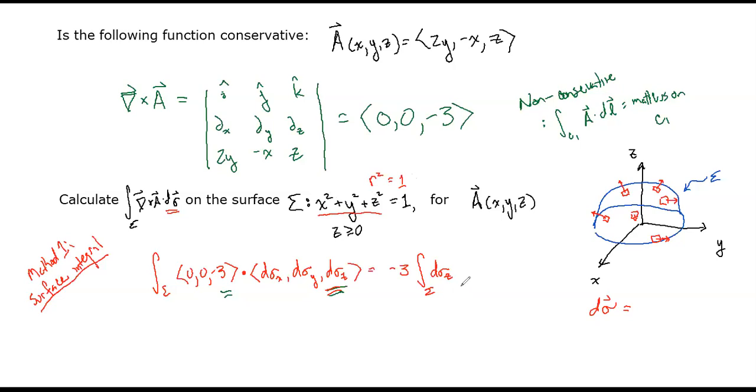R squared. So r squared is 1 is another way of specifying the surface. So the surface is a surface of constant r, so we should not have any dr in this. The other way of thinking about it is if you look at any of these individual plaquettes, which at this point I've maybe drawn too many of,